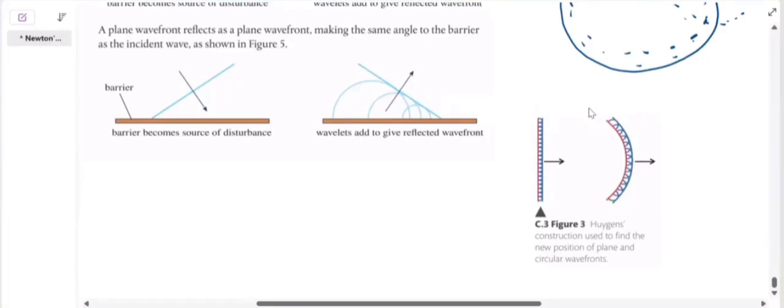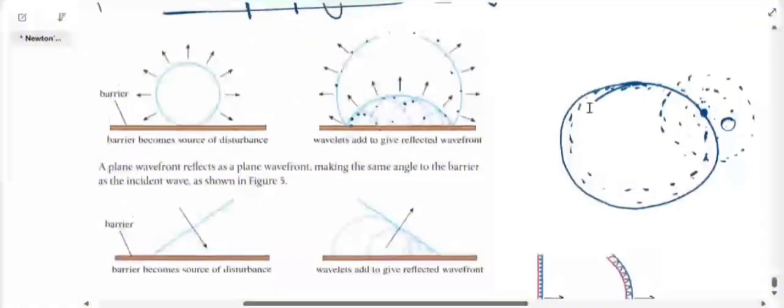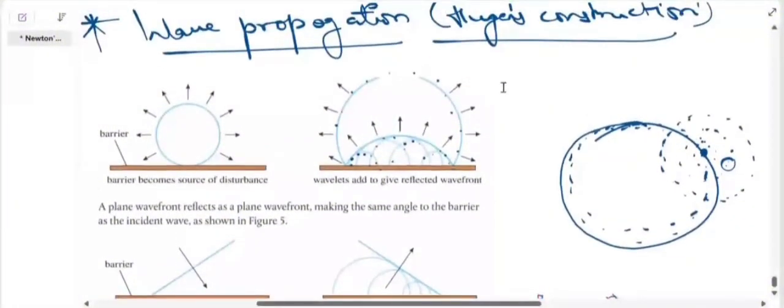Now, leave all these points. It's not very important, but we can go for the topic which is reflection of water waves. Let's study the reflection of water waves and what it consists of. Basically, when a wavefront hits a barrier, like here I have a wavefront and it is hitting this barrier. Can you see? Now it will behave as a series of wavelets. Check how many new wavefronts have been created.